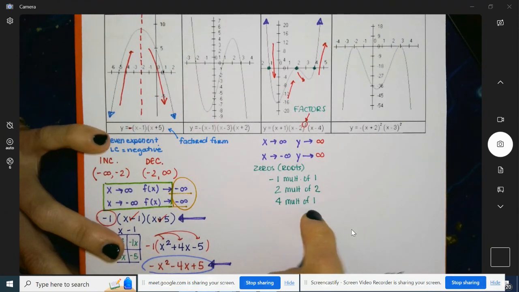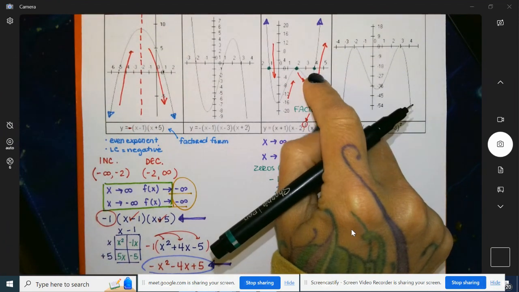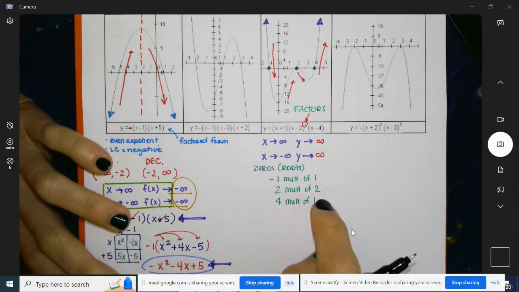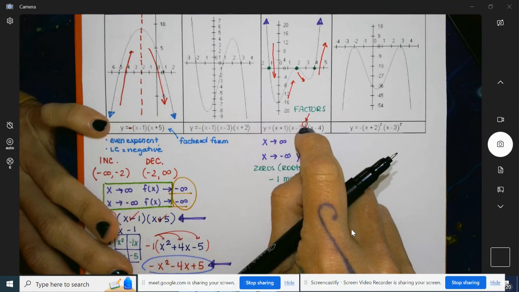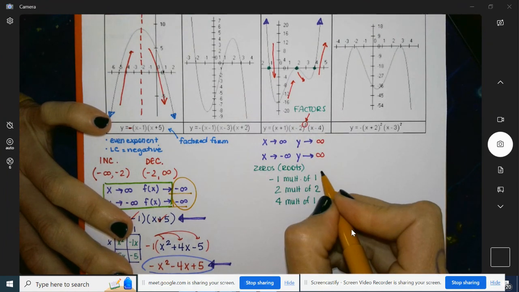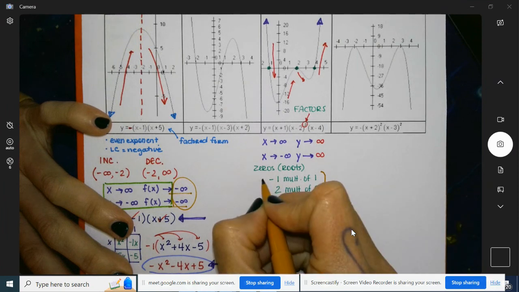And then our +4 is a multiplicity of 1. And you know it's a 1 because it crossed through the x-axis and kept going, and because from the factored form, there is no exponent. Multiplicity of 2 just means it's raised to the second power. A lot of students, when they see it written in this format, which is what the EOC release question is,